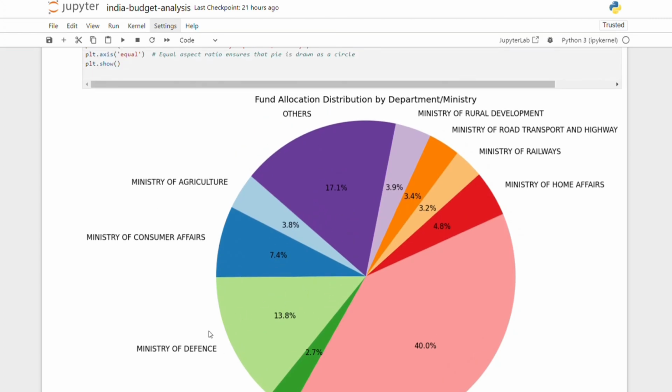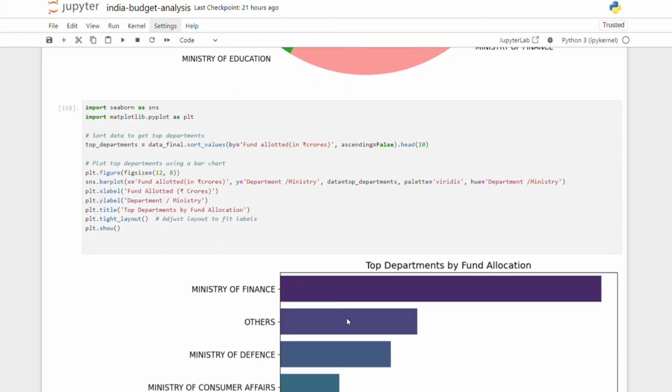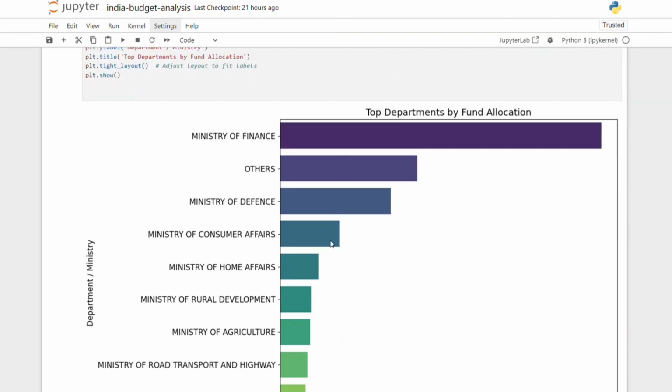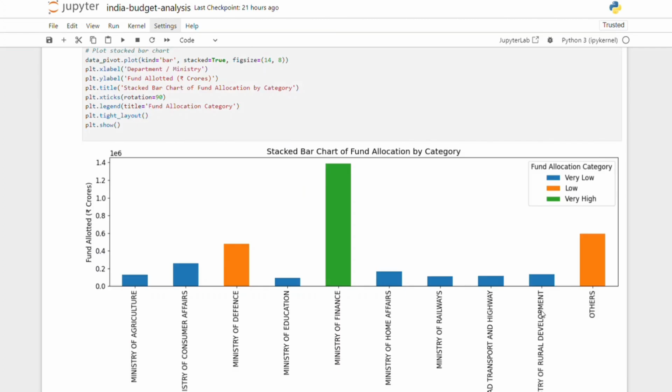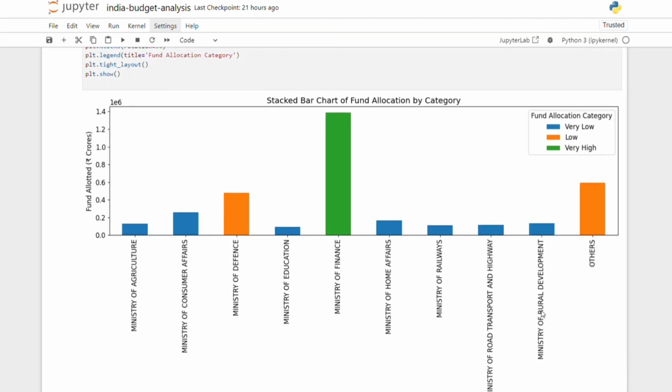And after that we have infrastructure development. The Ministry of Road Transport and Highways receives 1,18,000 crores and the Ministry of Railways is allocated 1 lakh 10,054 crores. These large allocations underscore the government's focus on improving and expanding the country's infrastructure, which is essential for economic growth and connectivity.